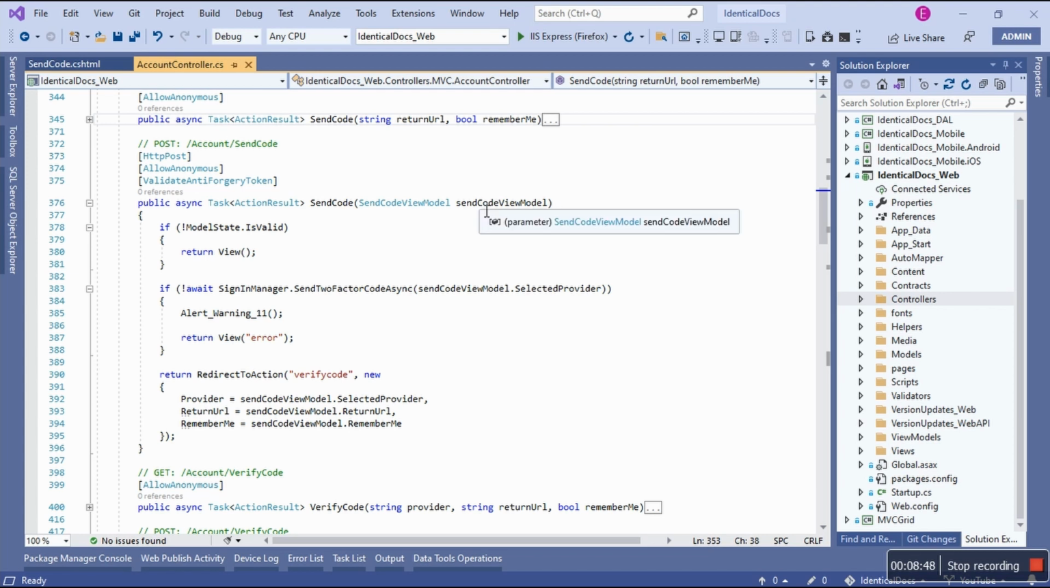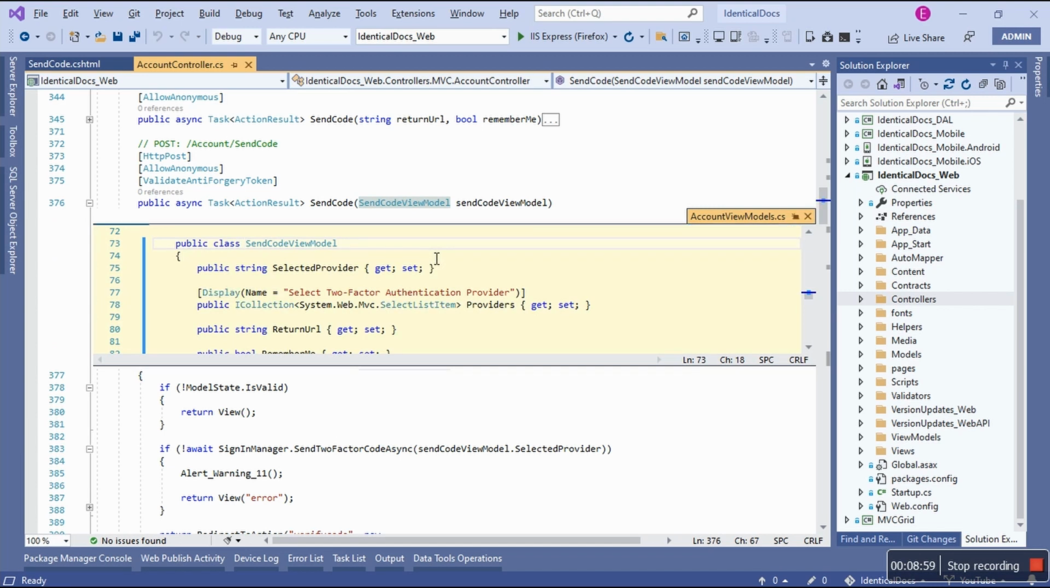So what happens here, we have that object. Let me show you what's in this send code view model. Let me just give you a sneak peek into the properties. I do have selected, which in this case is email code, and then select two-factor authentication from the list of these providers. So that one is selected, which is email, but here it was a list which is